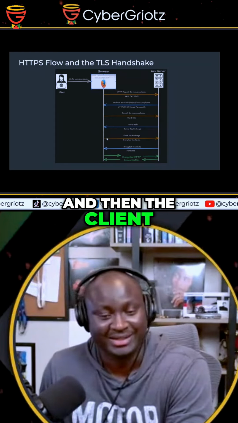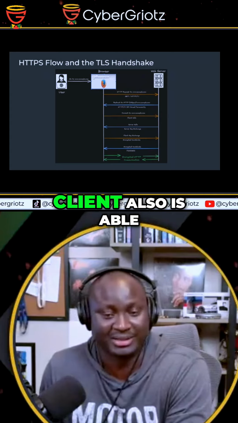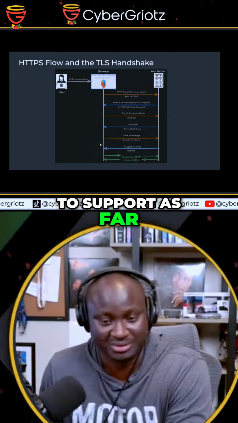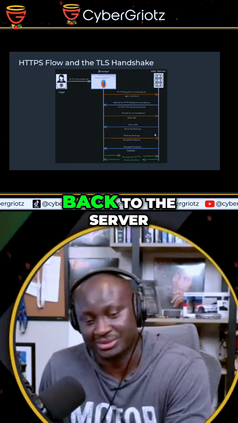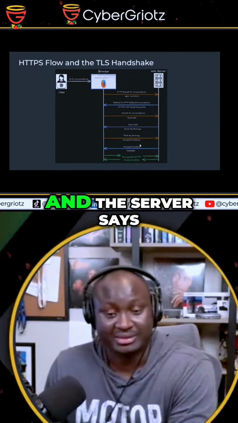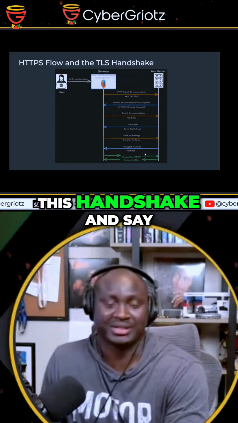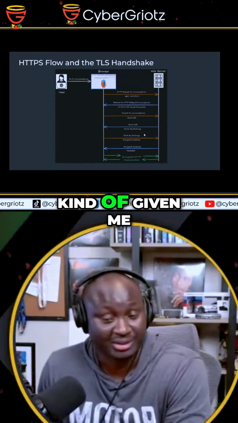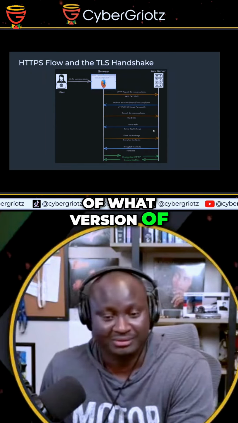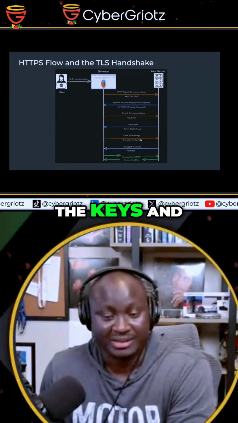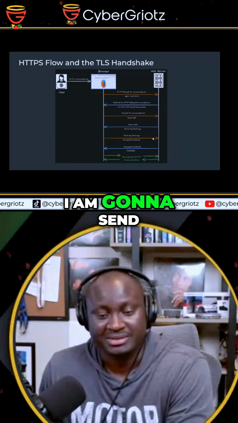And then the client pretty much picks one based on what the client also is able to support as far as the browser versions and all those is concerned. And it sends that back to the server, and the server says, okay, now I can encrypt handshake and say, since you've given me what you want us to use in terms of what version of the keys and algorithms and so forth, I'm going to send you back